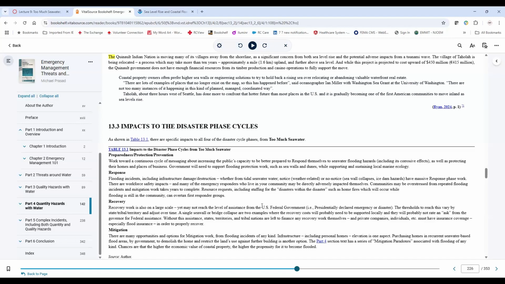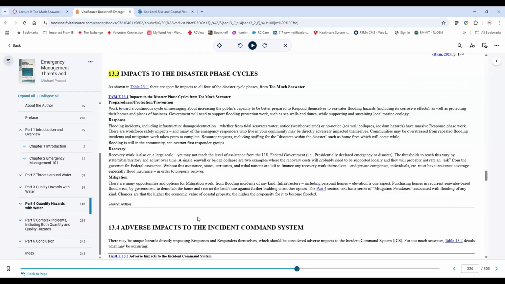And then recovery work, when it's not yet at the level of getting federal government support, if any is available, the recovery work still may need to be done. Seawalls, bridge collapses, this could be something that could be very expensive and very time consuming over the long run, especially if there isn't federal assistance to help. Typically towns are self-insured, so they don't have an insurance company that can go back and say, I need this bridge replaced with my insurance and I'll pay the deductible.